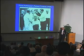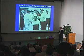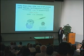So I want to quickly make a segue of where we've gone from those days to present. This is the earliest use of a proton beam to treat Parkinson's patients. This was not altogether that successful. It was not a big trial. But 40 years later,